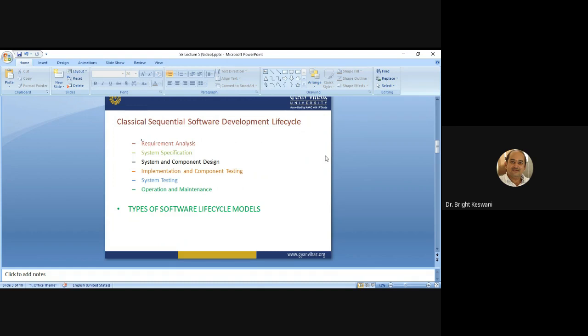System specifications are a contract between the client and the software producer. Although there are various important activities, in this lecture we will discuss some of the important activities: specifying the system is the first activity, compiling the requirement definitions is the second activity, establishing an exact project schedule is the third activity, and validating the software specification is the fourth activity. Justifying the economic feasibility of the project is the last activity.